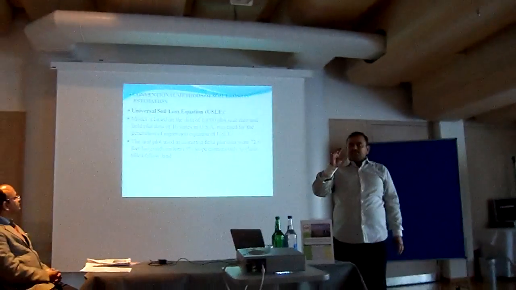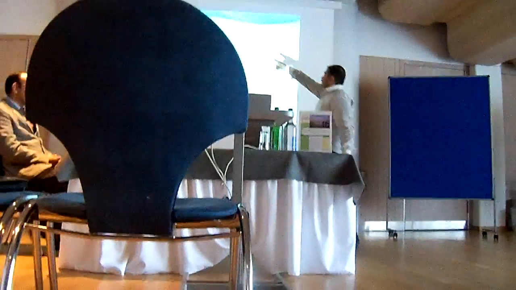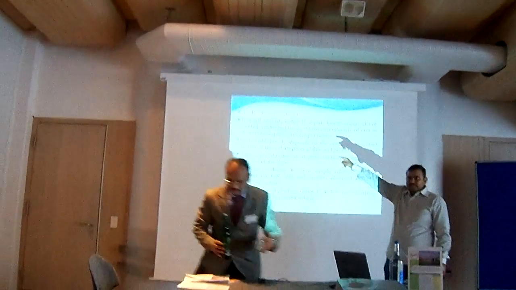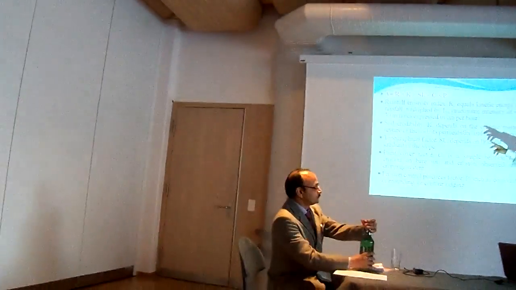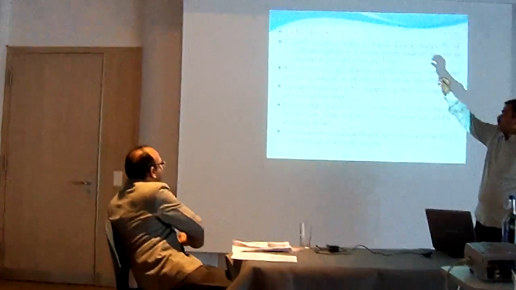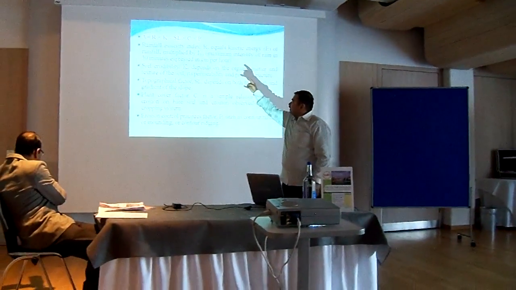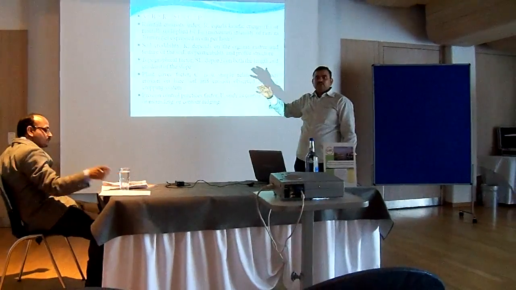So this model, the Universal Soil Loss Equation, or USLE in short, consists of parameters A, R, K, LS, C and P. A is the soil erosion rate in tons per year. The R factor is the rainfall erosivity factor. It depends upon the rainfall intensity. The K factor is the soil erodibility factor, dependent on the texture of the soil, size of the soil grains, etc. Next, LS. L is the slope length factor. It depends upon the slope of the main channel of that given area. S is the average gradient of that given study area.